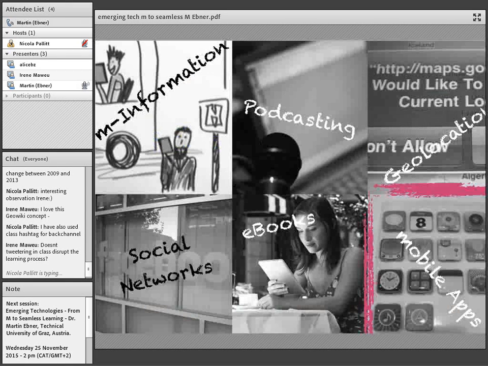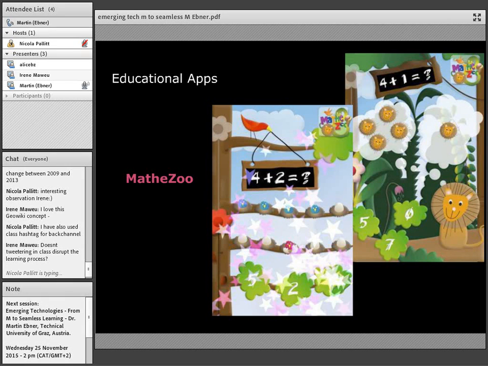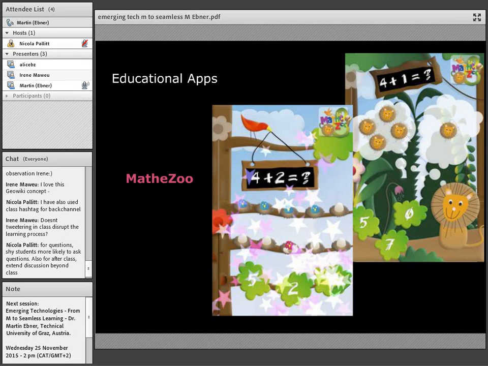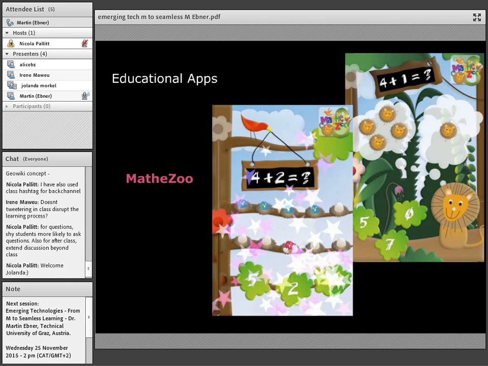Yeah, and finally also the mobile applications. The mobile applications, for example, here are just some hints or examples we have done here at the university. We have, for example, made some apps for children at the age of 6. It's called Masu. Masu is about learning very, very simple calculations. And you see, you can take the number of the heads of the lion and put it together to realize how simple calculations can be done.